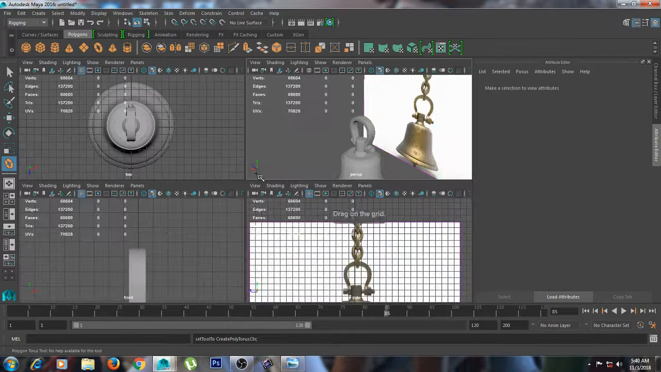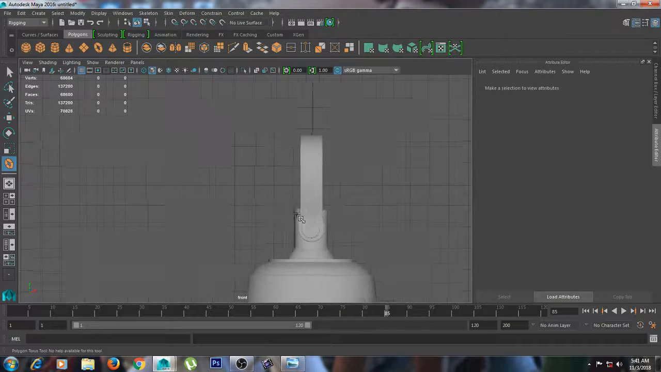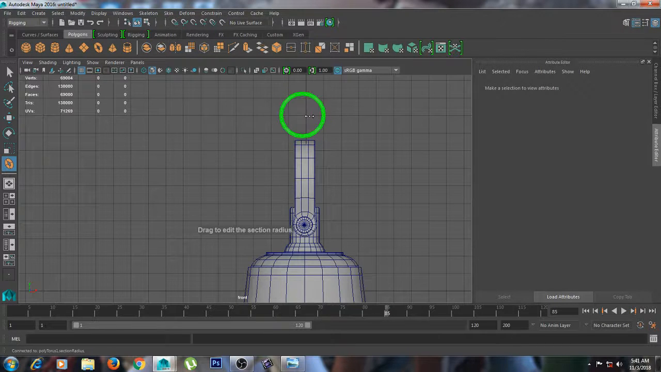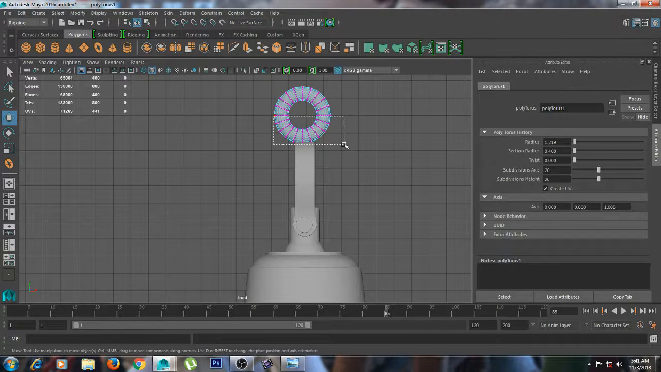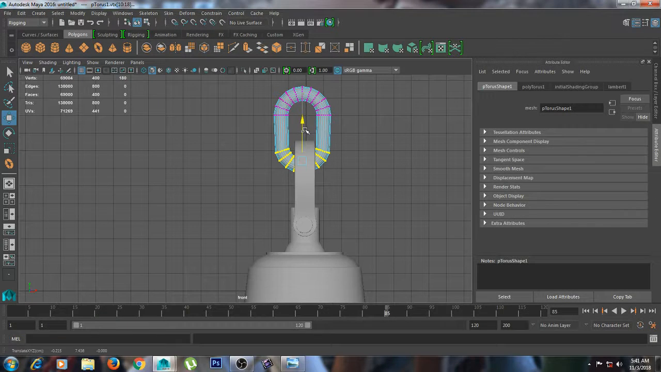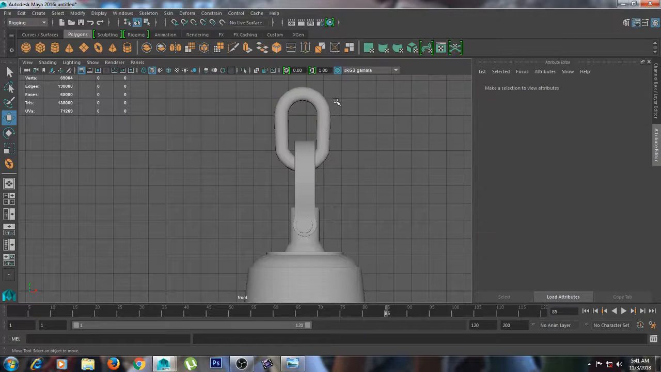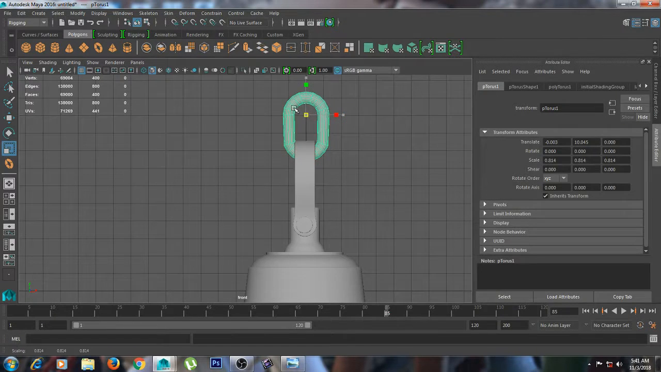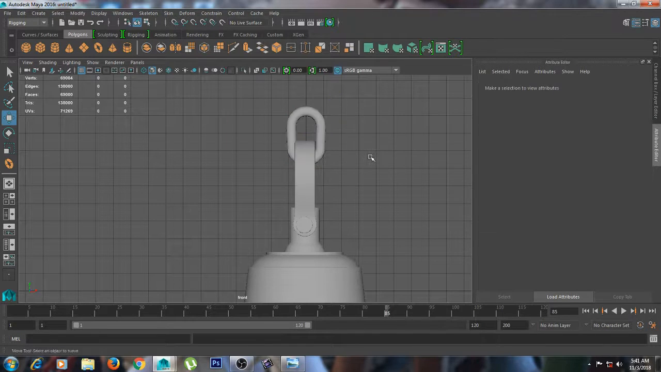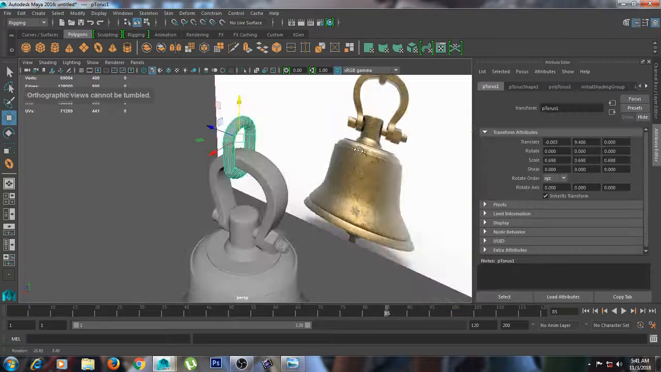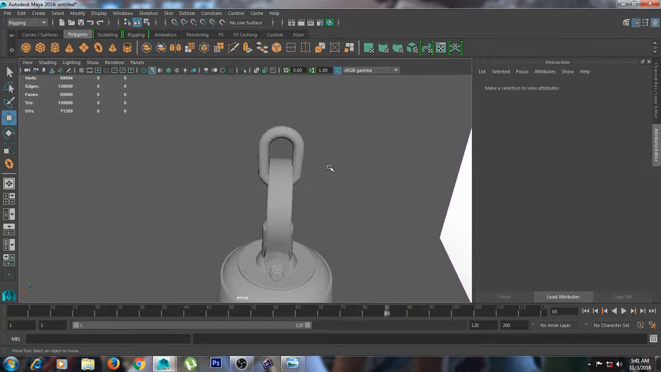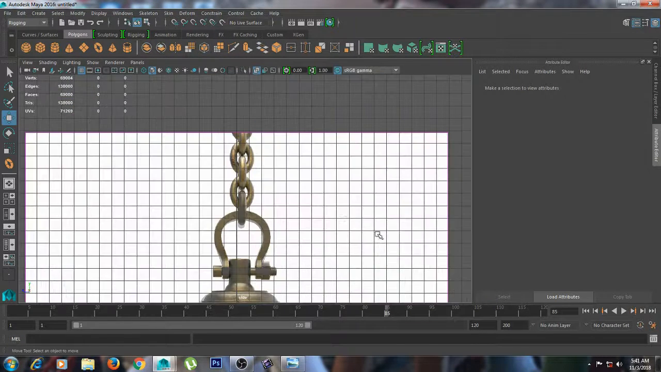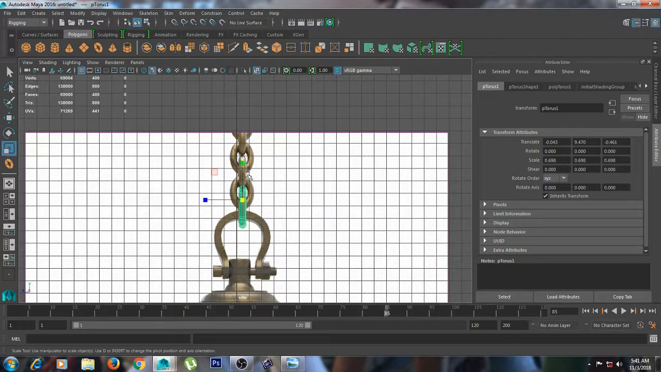Click on this polygon torus, go in side view, this is side view, click and drag like this, and then select vertex, select half of this vertex, and click and drag like this, and then we can scale it a little bit. Okay,